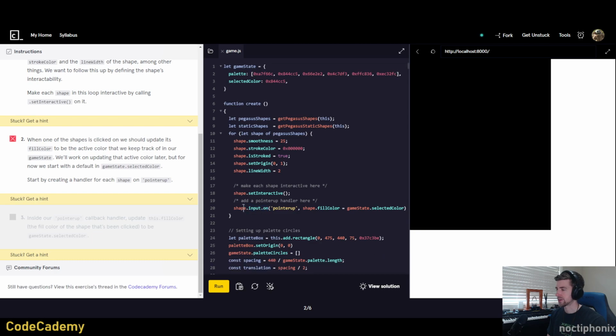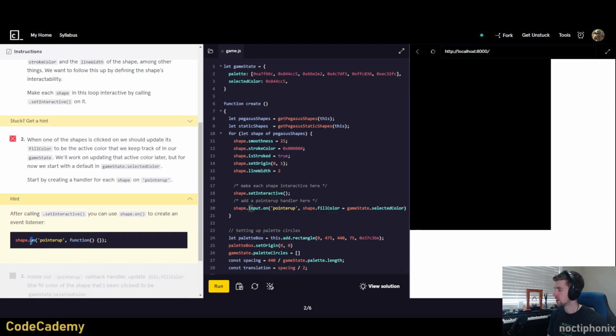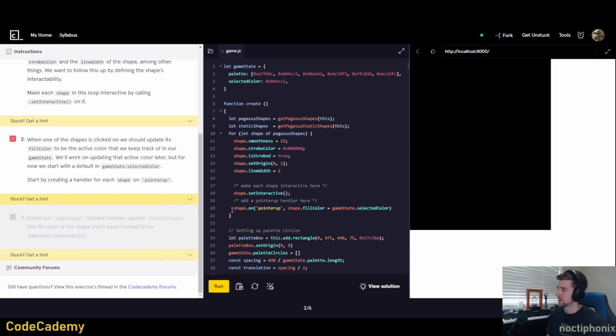I think there's another sub-property here. Let's see what that is. We learned that last time. Oh, it's not input. It's literally just on. We don't need the input there. I think that was for something else. I think that was actually when you're assigning cursors. You put input cursors or cursors.input, and then whatever the rest of that is to set up the basic cursors. But for this, oh, you already have it set as interactive, you can just simply put dot on method, and then